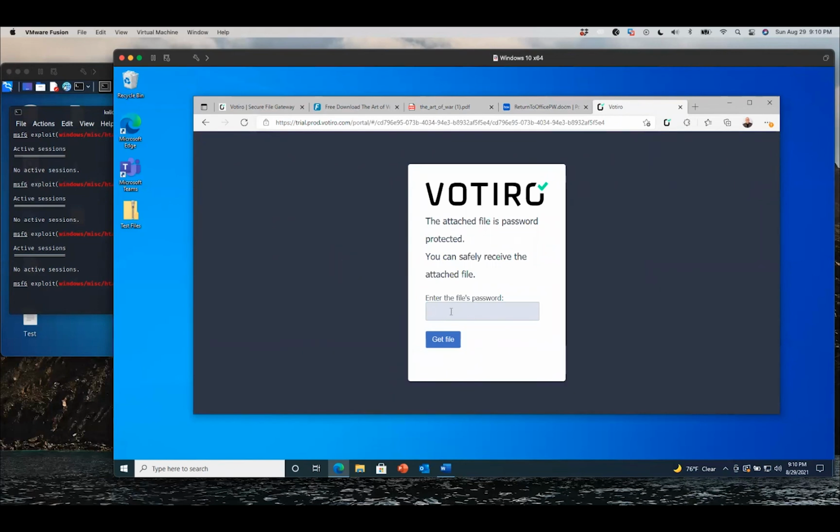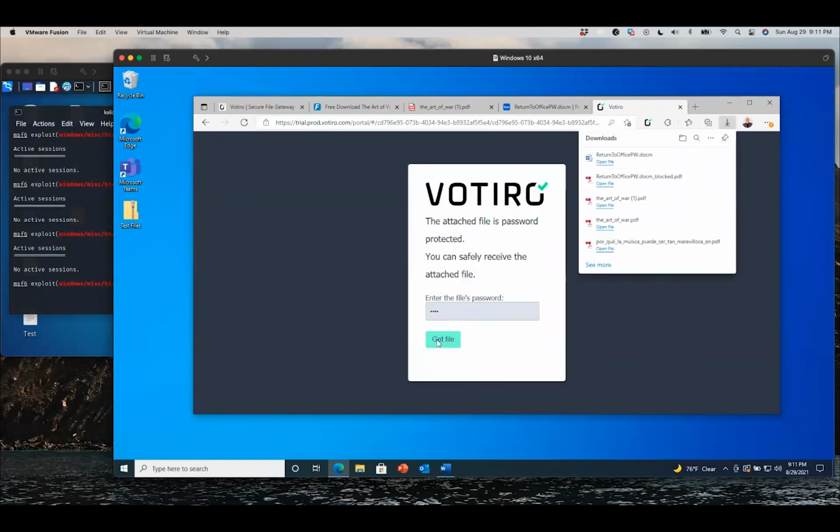So if I download this password protected file with Henry's last four of his ID number, 1234, Henry's going to be protected now. As soon as I give this password, it will forward this password to the Votiro secure file gateway, and the secure file gateway will open the file, sanitize the file, and then re-encrypt it with that same password. So we click get file, and you'll see that now the file has been returned as a